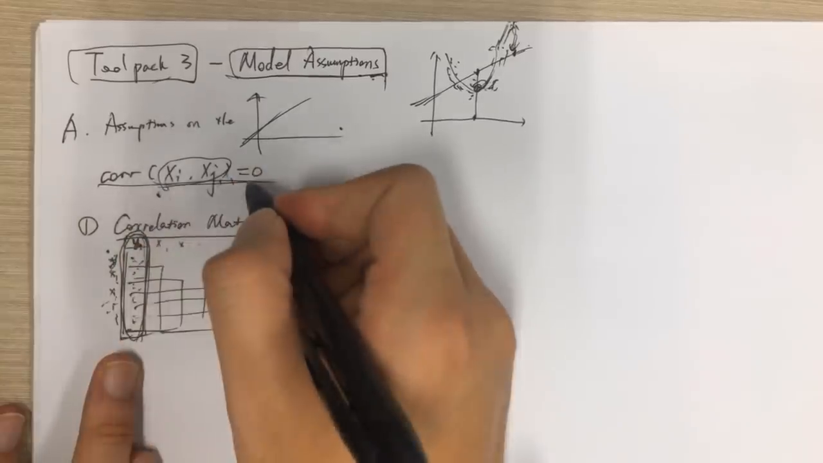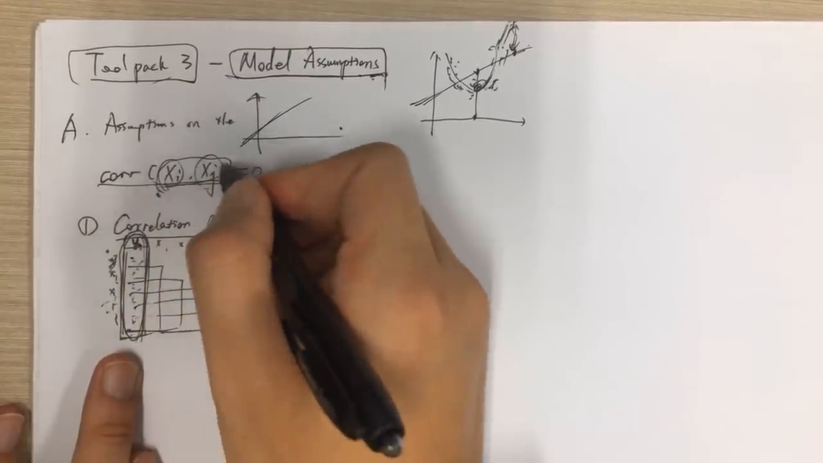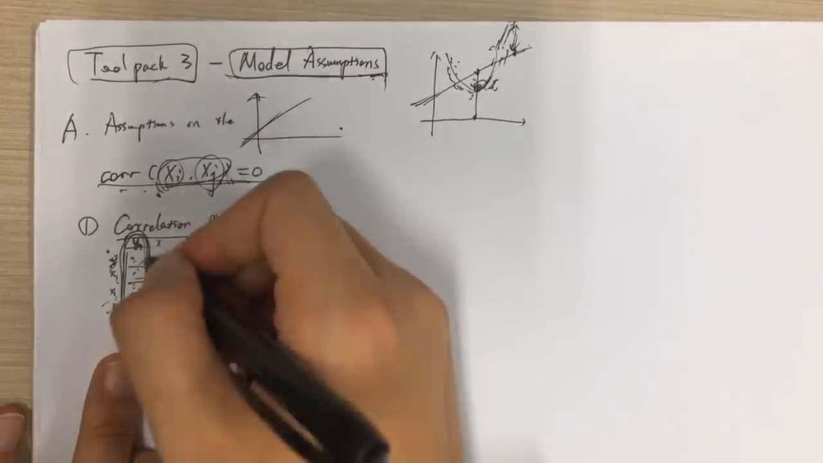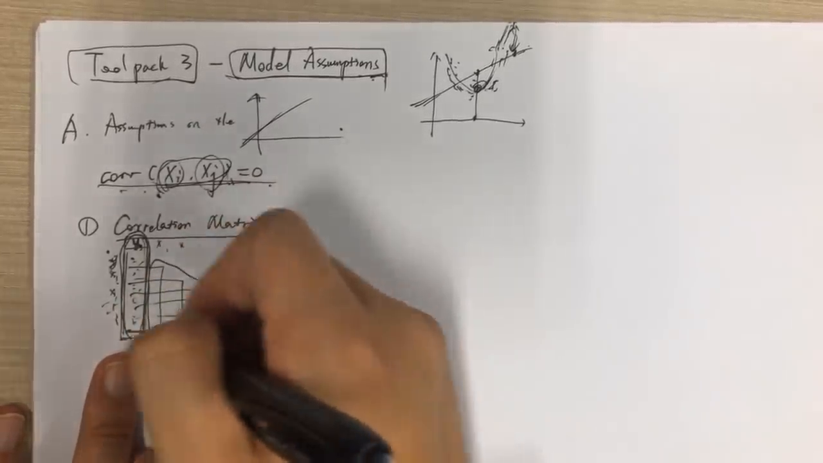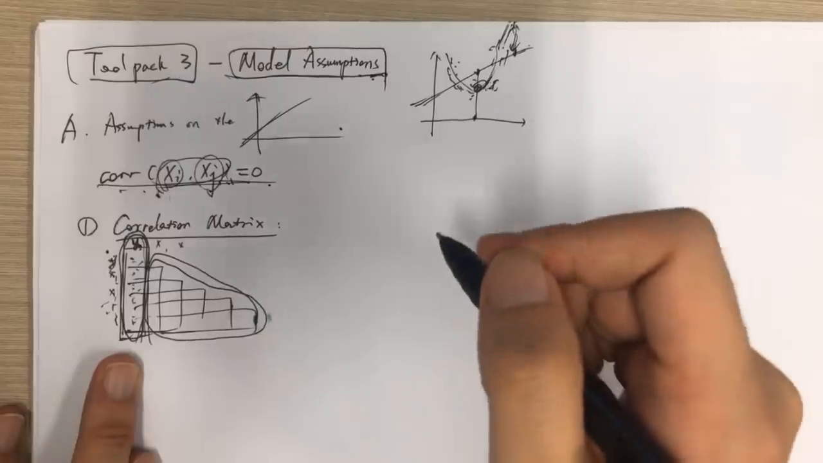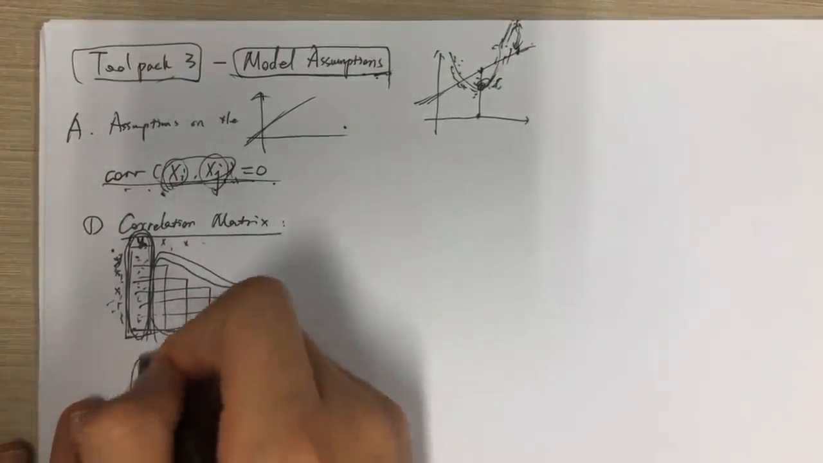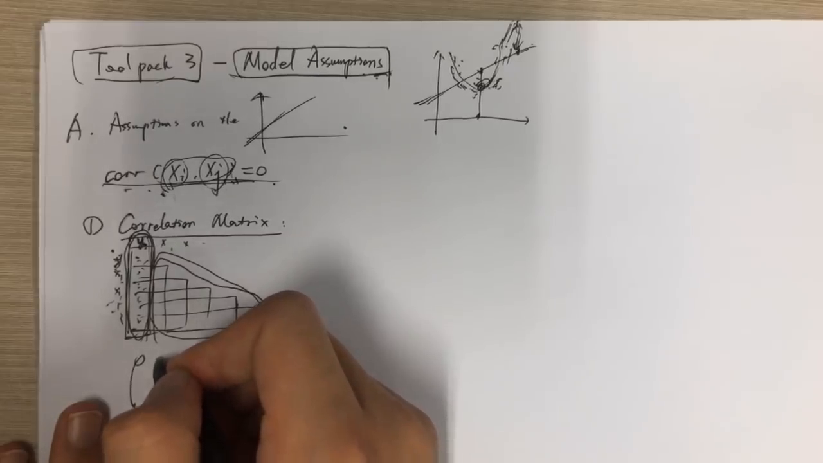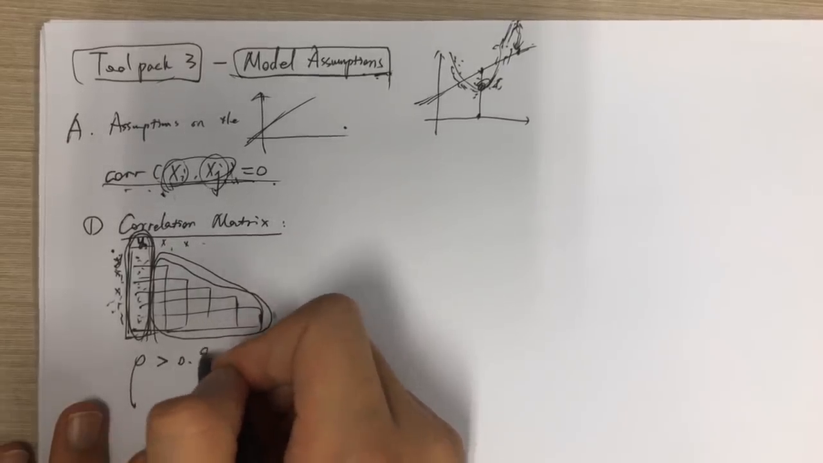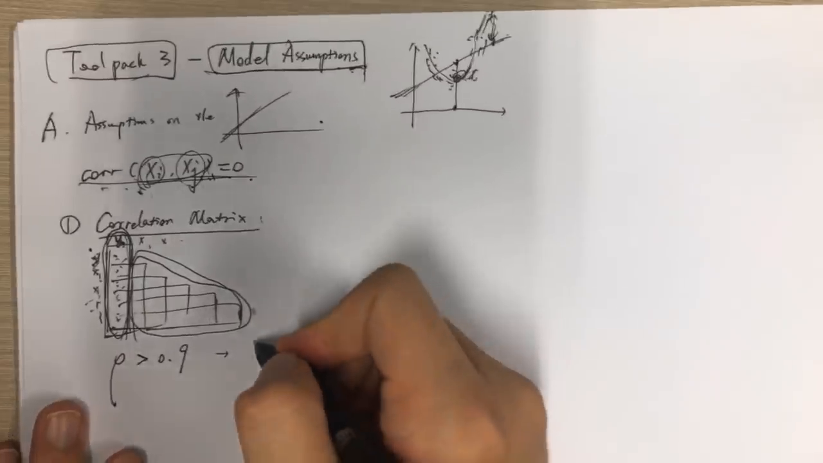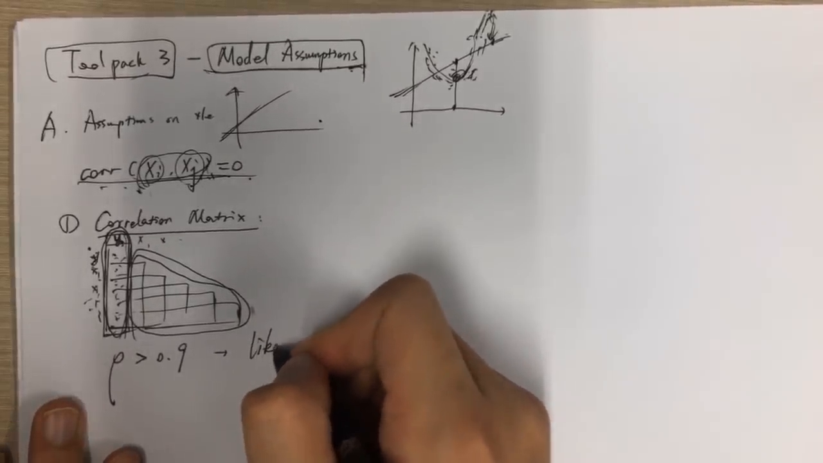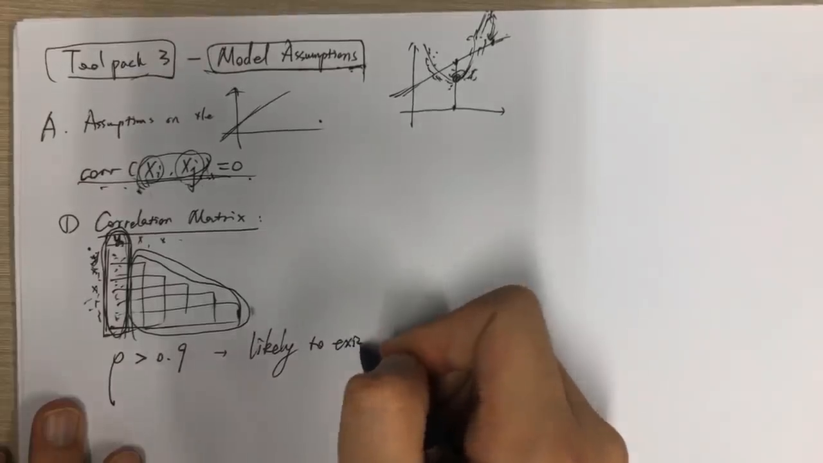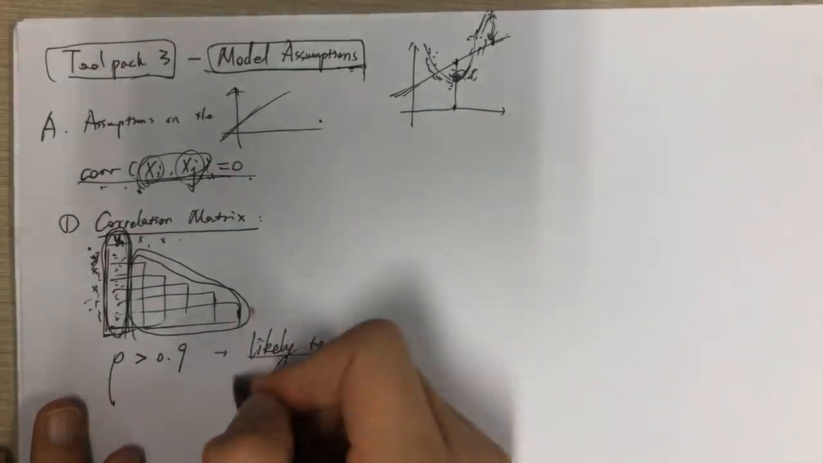So for multicollinearity, it means the independent variables should have a correlation of 0. So we're going to be looking at those values, all right? So if you observe any correlation between two x's is larger than 0.9, we can say the multicollinearity is likely to exist, right? Or possible